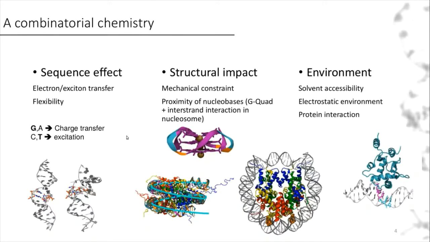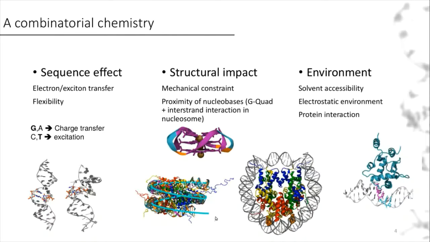Then you have the structural impact. For example, if you look at a G-quadruplex, you have several stacked guanines, and if you create a cation there, its lifetime will be much longer than in B-DNA, as it can be transferred between the different guanines, so it can stay about 1 millisecond, whereas it's 1 microsecond